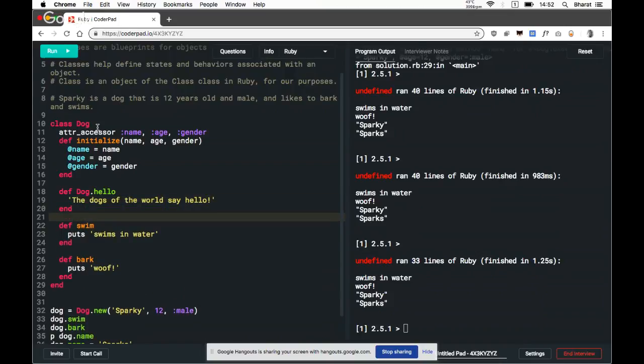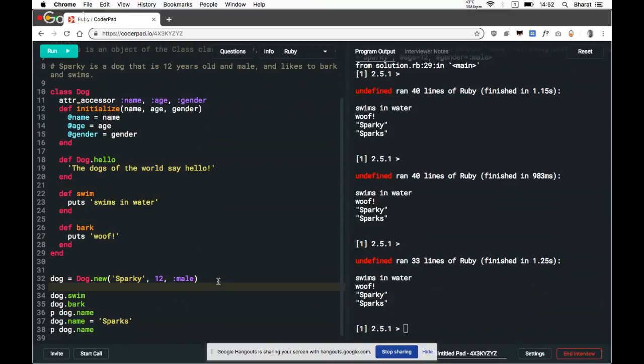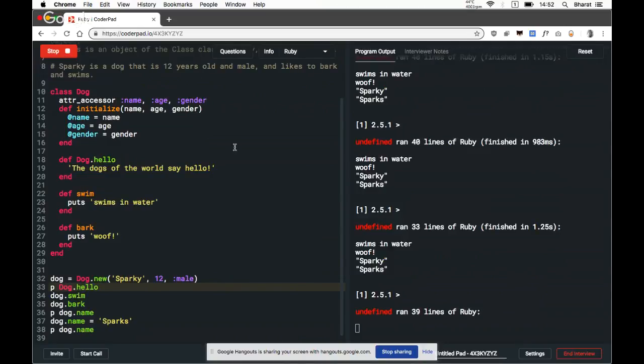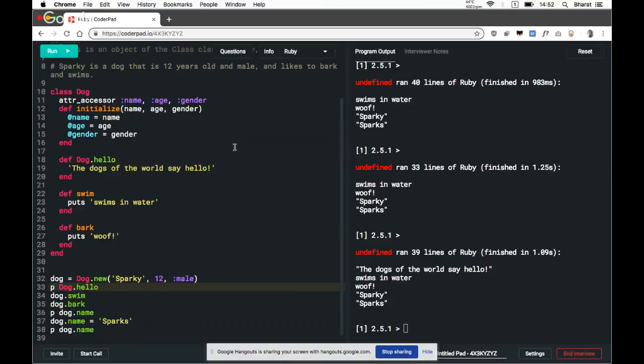We do this, we then inspect this. So now we don't actually need an instance of the class. We can call it directly on the class. So in this case, this is the class method. We typically don't use the class name itself; we use the word self, which is the same thing.